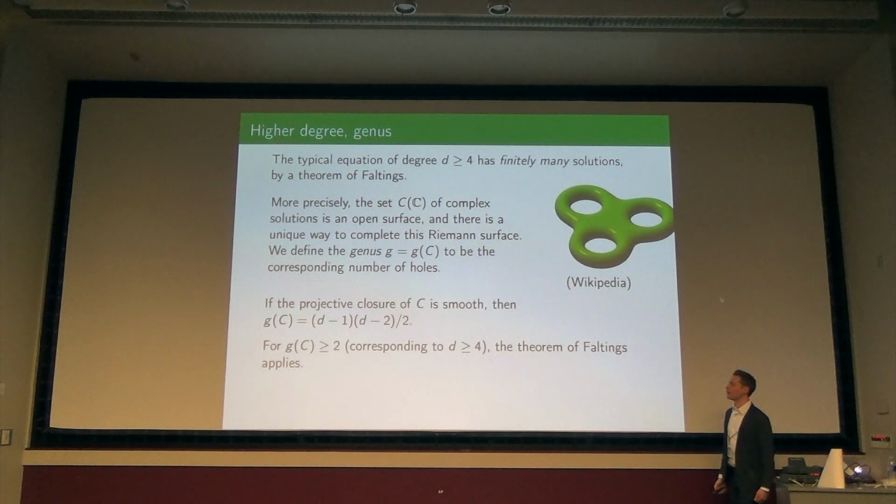Okay. And the theorem of Faltings says that if the genus is greater than or equal to 2, such as the case where the degree is greater than or equal to 4, then the theorem of Faltings applies: there are only finitely many solutions. Okay, so it's a totally different world than what we had before in genus 0, where either there was a solution or not, and if there was, we could write them all down. There were infinitely many. Instead, there are always finitely many, and the question is, can you find them?